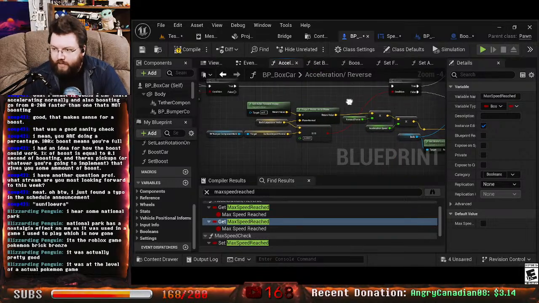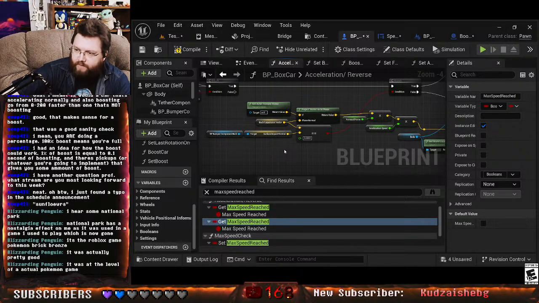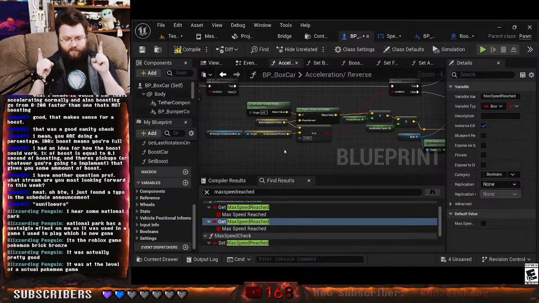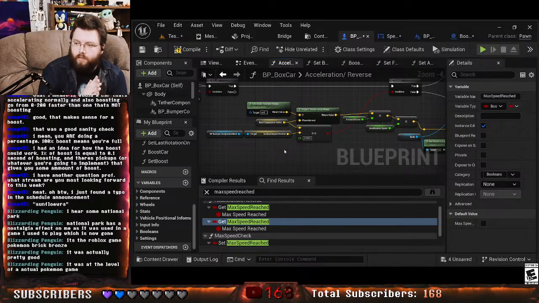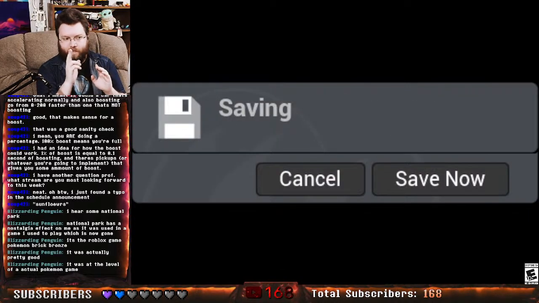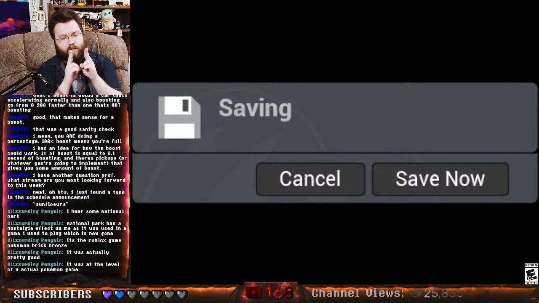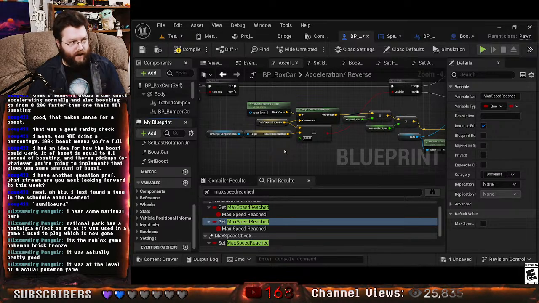I am then making a check to see if my bumper component, surface impact normal, is within 0.0001 of the back suspension vector, which is my two suspension components combined into one. So, if the surface that I'm on is basically parallel to my two suspensions pointing up and down,